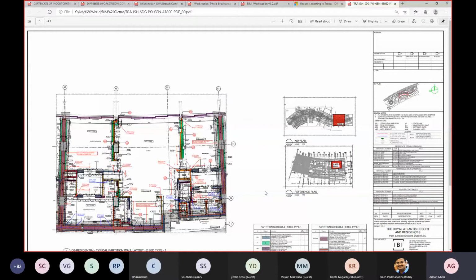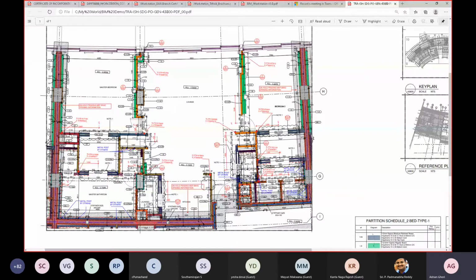So this is a shop drawing which we have extracted for the particular project which you are looking at on the screen. You can see the detailing work needs to be done over here. You cannot imagine this level of detailing to be done from software like AutoCAD or a CAD based application.